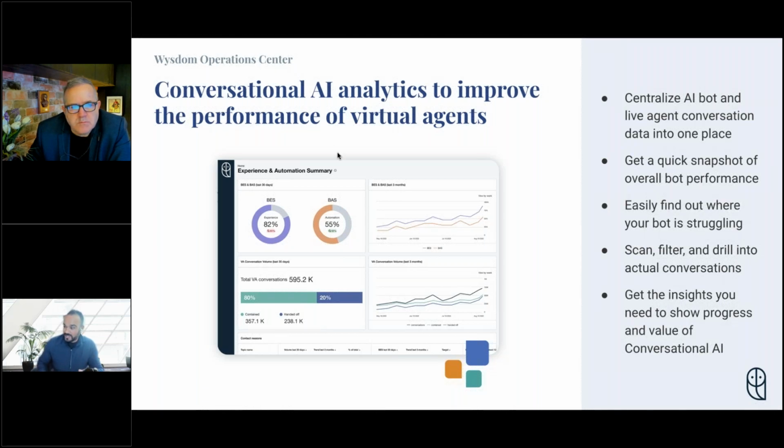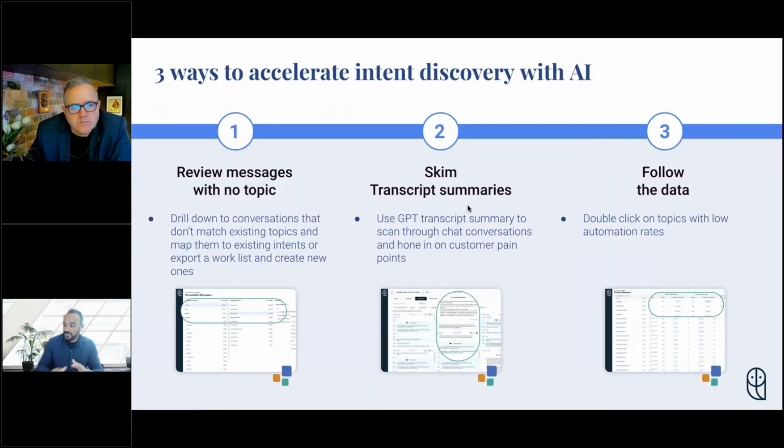And today specifically, we're going to focus in on one area, which is intent discovery. What this refers to, all of you will probably know, given the names I'm looking at, is where your bot didn't understand what users were asking about, and we need to accelerate a way to find what those are. And in my experience, the quicker you can close those gaps, the quicker your bot will show additional value to your users, whether they're your customers or your employees. So I'll go through 3 different scenarios here, and I'll pop over to the tool in a second to walk through these. But I thought I'd introduce them so it's easier to follow rather than a jarring transition over to a tool.